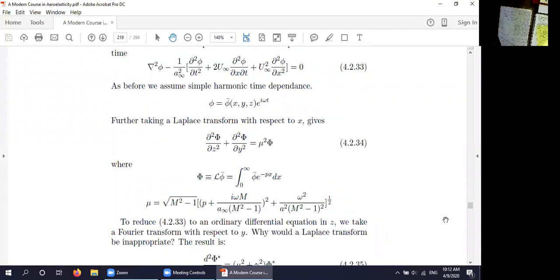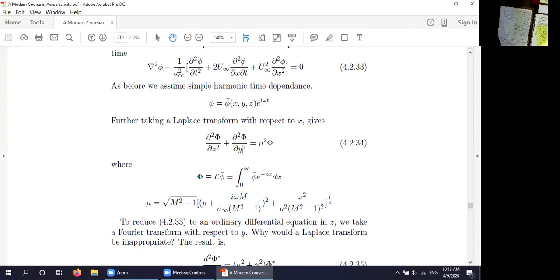And so then the question is, okay, it's still a PDE, and whether we're doing it numerically or analytically, the only thing we really know how to solve is an ODE. So how do we reduce this PDE down to an ODE? In particular, we need to do something with respect to the y variable. The y variable is the span-wise location, right? This is 3D flow. So what shall we do in the span-wise variable?